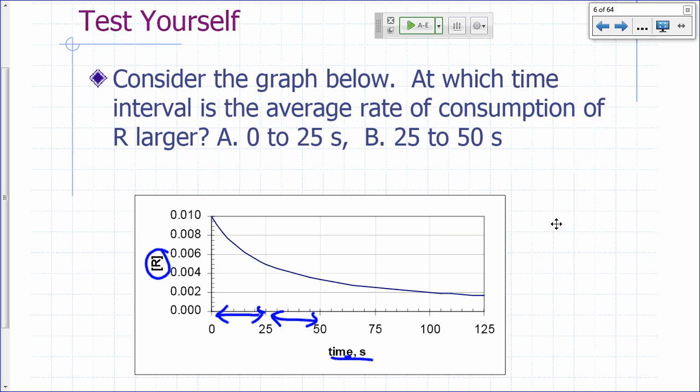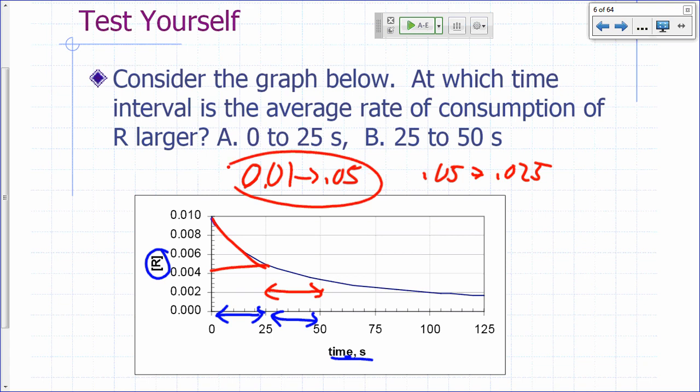So reaction occurs, generally it will slow down. Eventually what happens to a reaction? It stops, right? So here you'll notice you went from 0.01 to 0.05 in 25 seconds, but this 25-second interval you just went from 0.05 to 0.025. There's a bigger change here